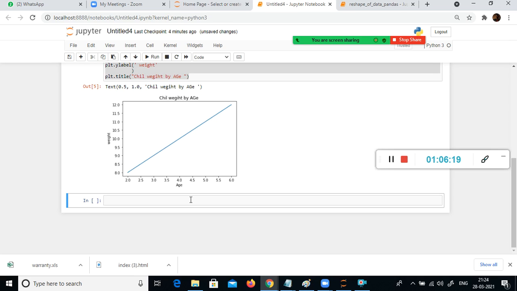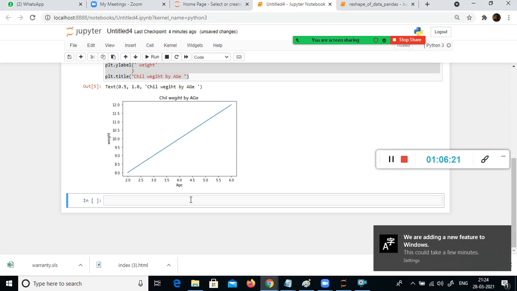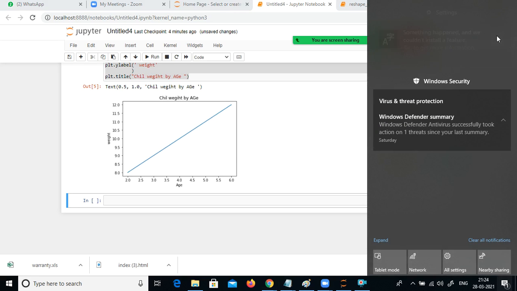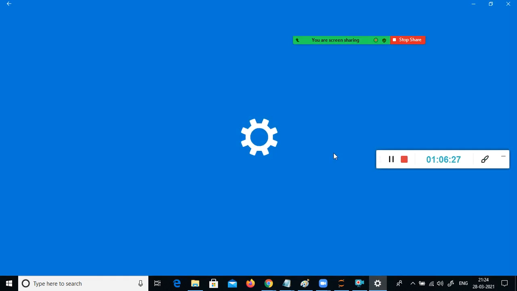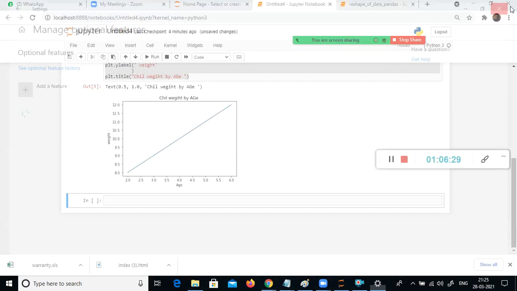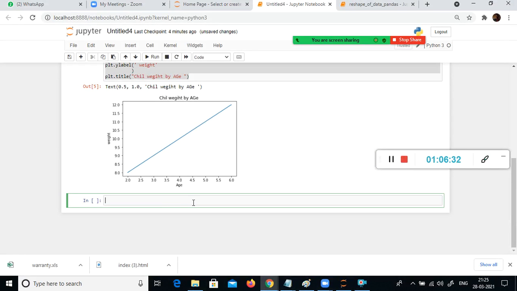And also histogram, here the hist function is available. Histogram is meant for checking the distribution of the data, right?